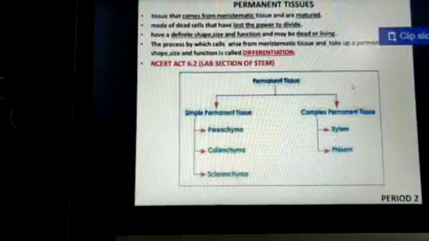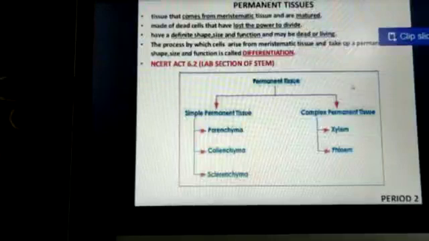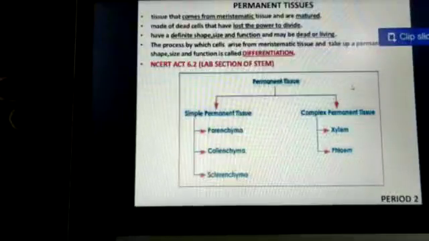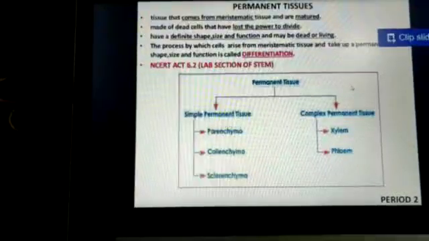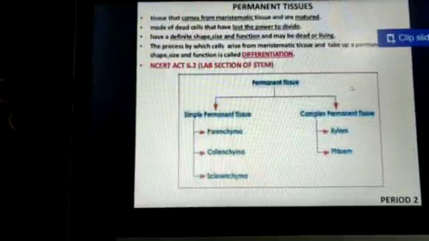In our second lesson, first video of second lesson, we studied the tissues introduction. So, what is tissue? Tissue is nothing but a group of cells which perform the same function. Under that, we study two types of tissues: the tissues present in a plant, that is plant tissues, and the tissues present in an animal, that is animal tissues. Again, we classified the plant tissues into simple permanent tissues and complex permanent tissues. So today we are going to learn permanent tissue.